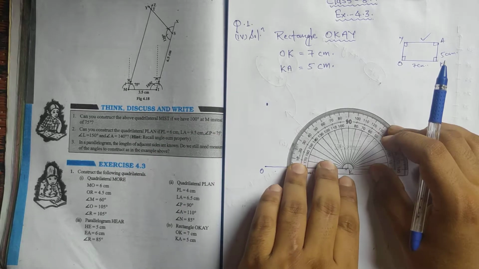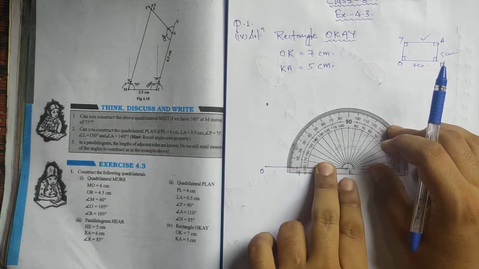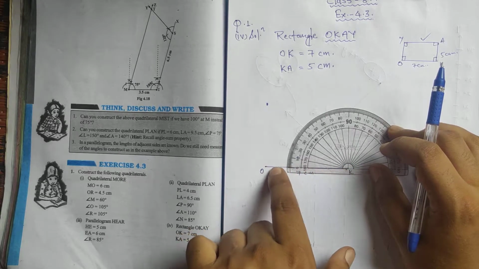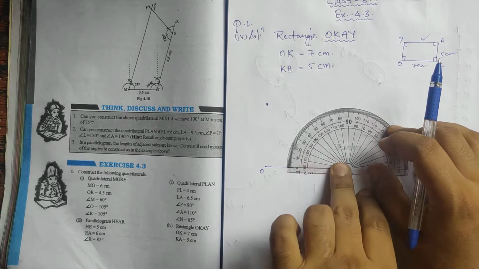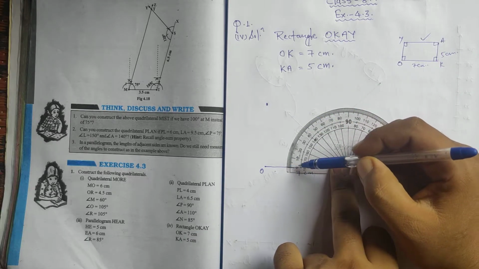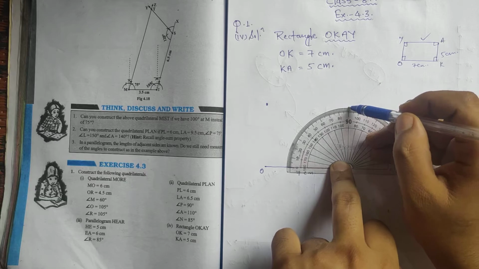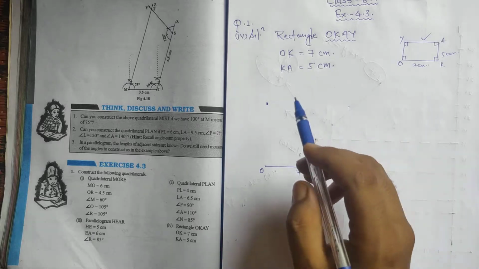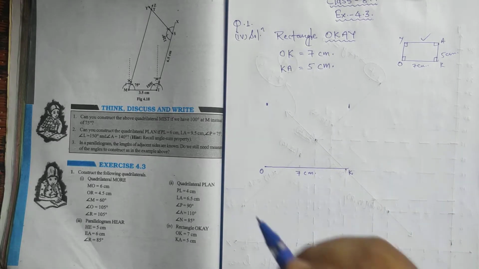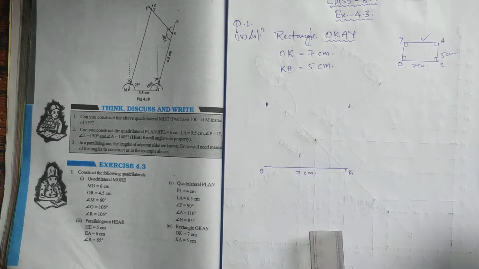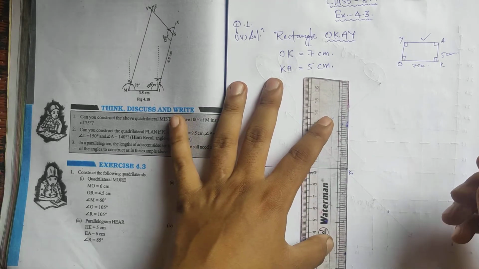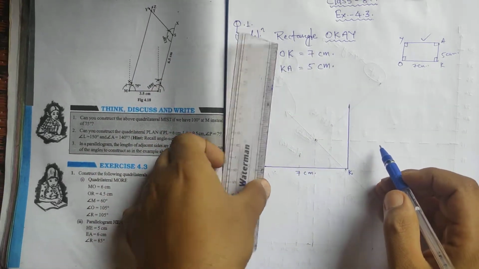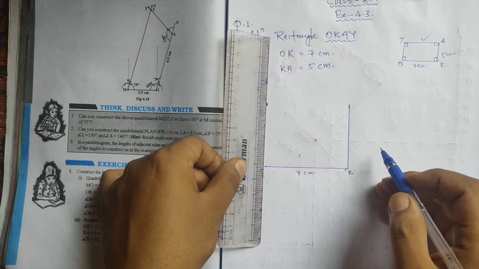So I am putting the protractor perfectly on point K and trying to hide the constructed line with this protractor line, and start counting from this side, 10, 20, 30, 40 and so on. There is the 90. Okay, now we have 2 points, you can see there and there. These are the 2 points where we find the 90 degrees. So match these points with the points K and O to get the 90 degree angle there.